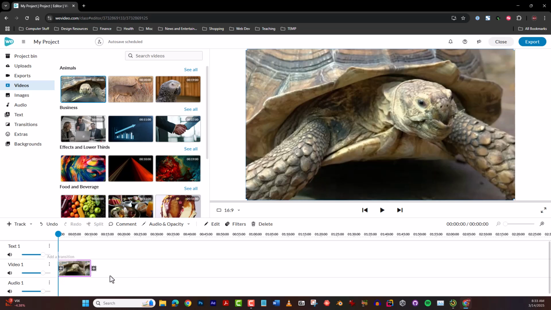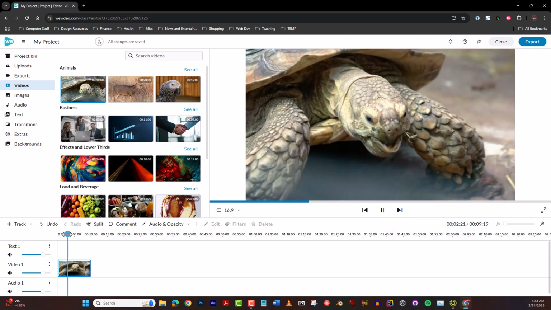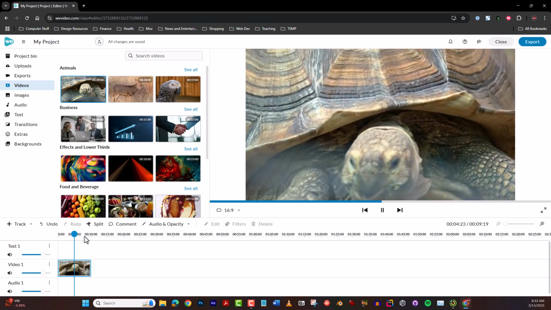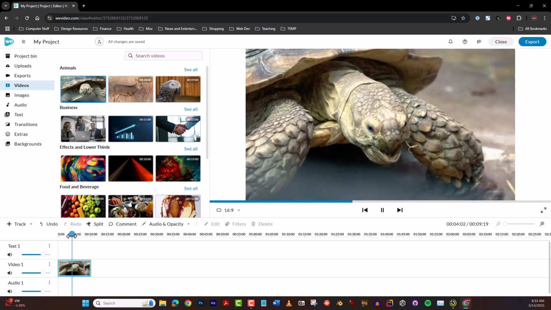To see what things look like, you can hit play, or notice you can also just press spacebar. And as you play, this blue line makes its way across. That's the playhead. It shows where you are in the video. So you can grab that, drag it back and forth,